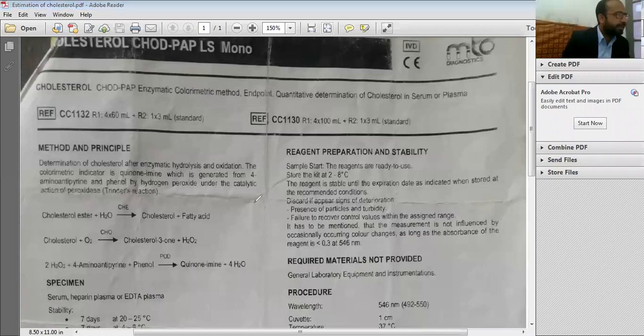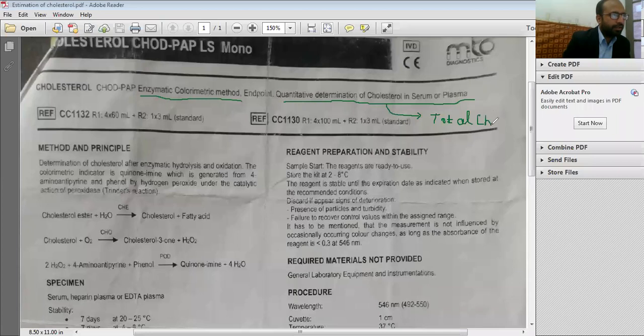Today's experiment is estimation of cholesterol in blood sample, or the title may be enzymatic colorimetric method, quantitative determination of cholesterol in serum or plasma. This is the title of today's experiment, and we need to estimate the total cholesterol. Here, cholesterol estimation means we are determining total cholesterol